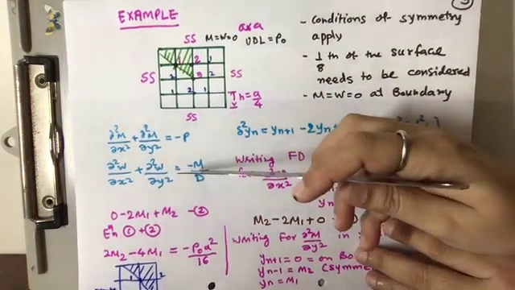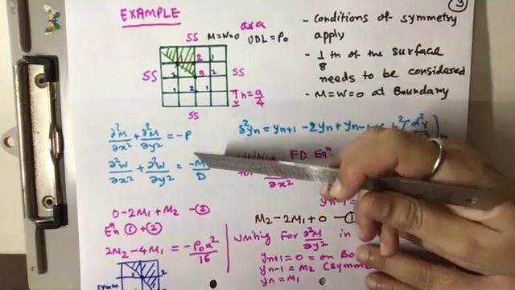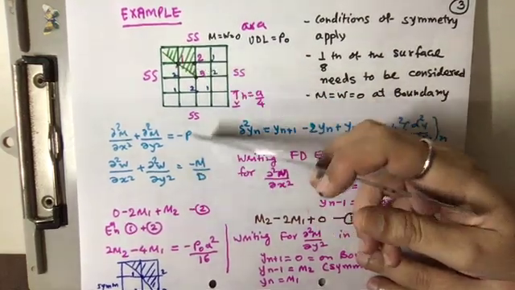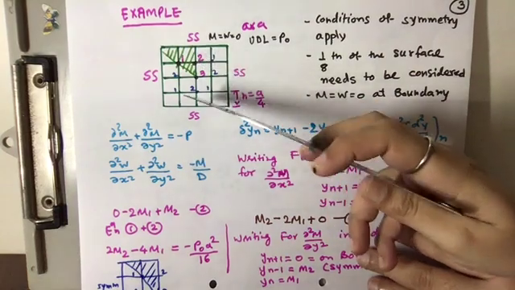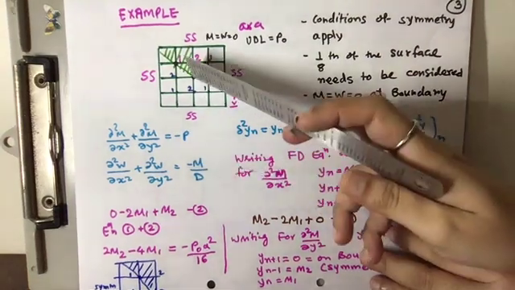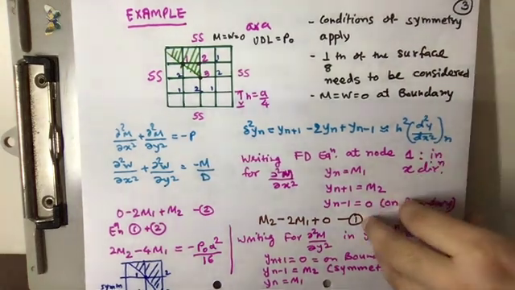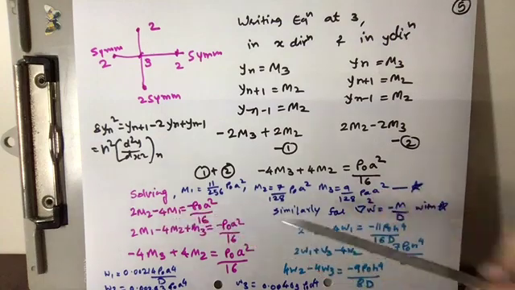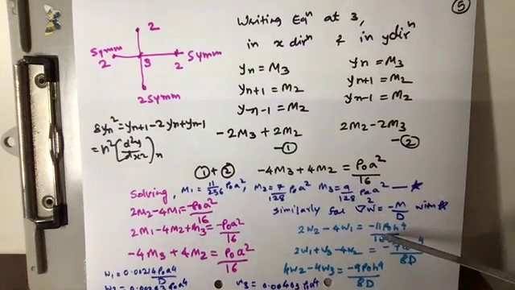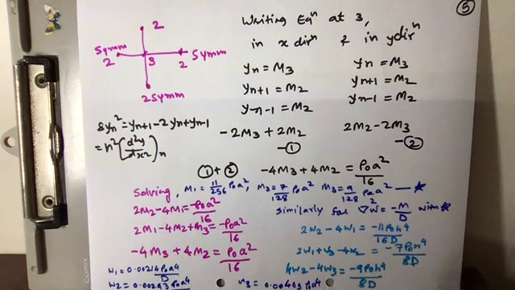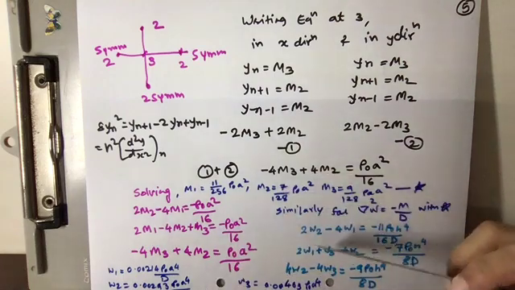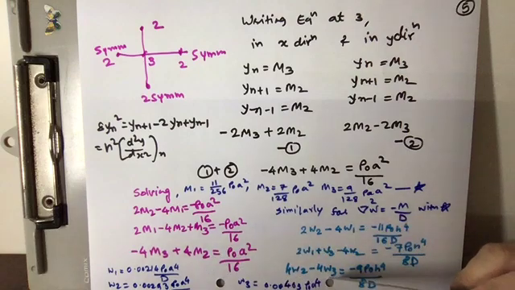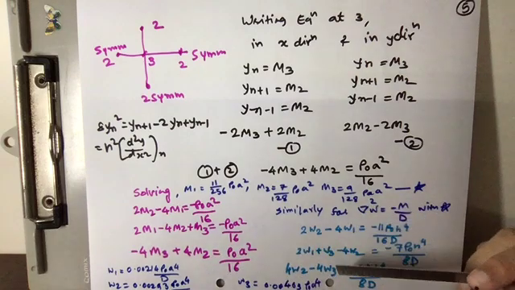When we are writing at node 1, instead of m, you can write m1, then m2 when you are writing an equation at node 2, m3 when you are writing equation at node 3. So our final equation, you can see the similar equations except the right hand side where we have substituted m1, m2, m3 values. Second equation is very similar except the right hand side. Third equation is very similar. Now again we solve these three equations to get the values of